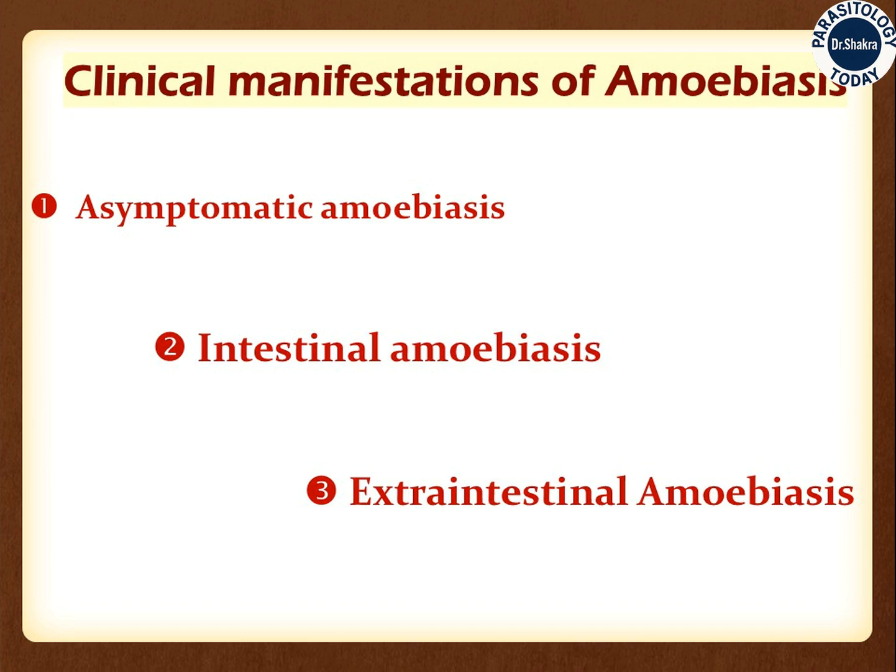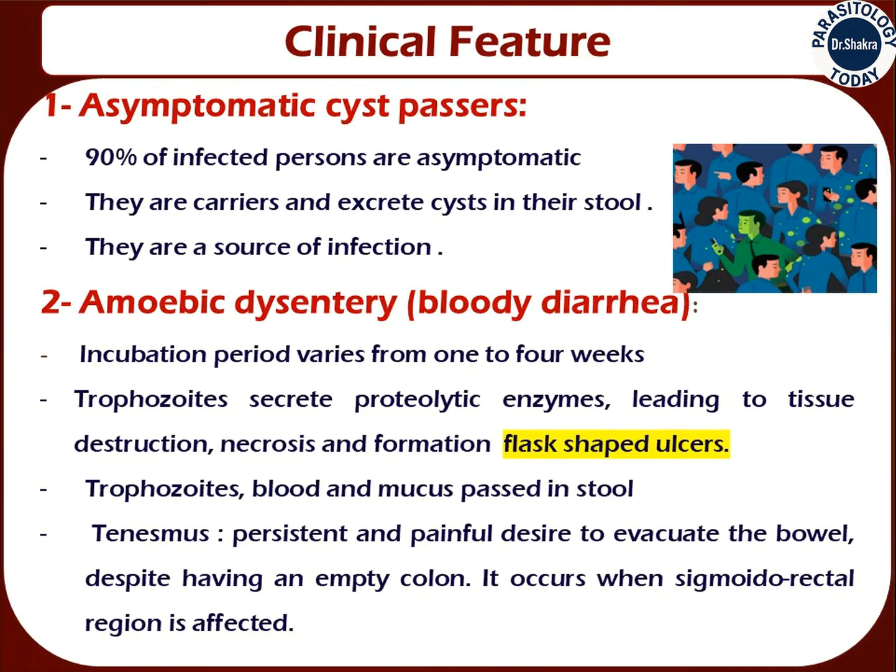The clinical picture of amoebiasis varies depending on the severity and site of infection. Asymptomatic carriers or asymptomatic cyst passers, making up 90% of infected individuals, shed cysts in their stool without symptoms and serve as a source of infection. Intestinal amoebiasis presents as amoebic dysentery, characterized by abdominal pain, diarrhea with blood and mucus, flask-shaped ulcers in the colon